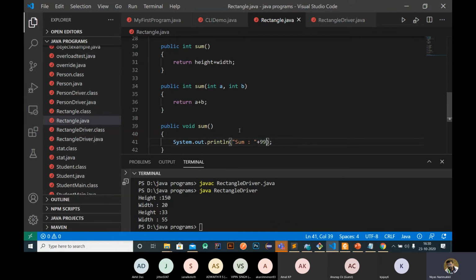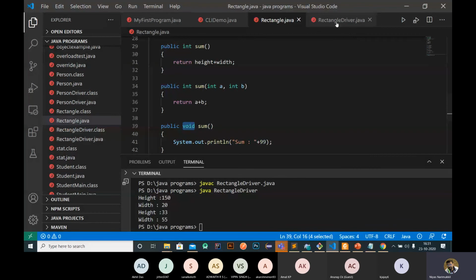So this is called method overloading. We have three methods having the same name, but in this case the difference is based on parameters. In this case, if you're comparing this and this, the difference is based on return type. Here there is no return type, right? So this is called method overloading.